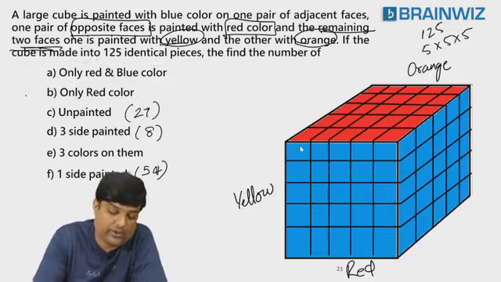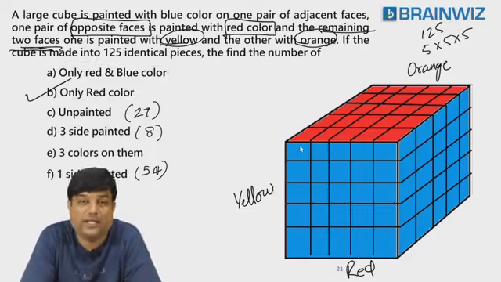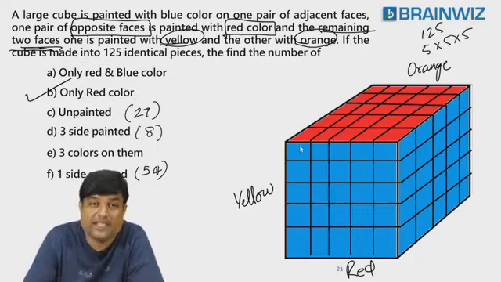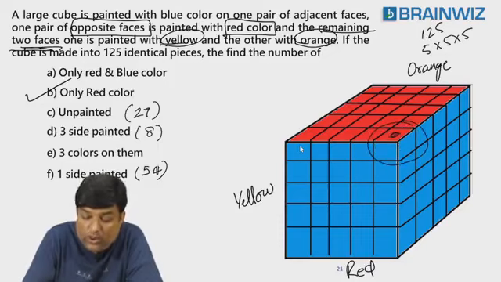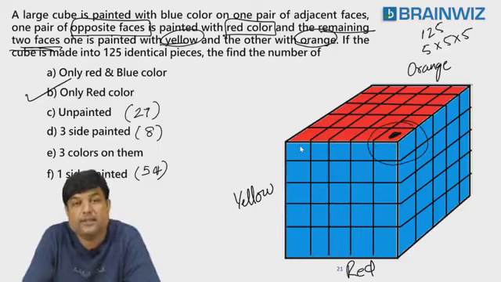Let's do the first question. This question. Only red color. I'll show you only red color. Look at the screen, everybody. Do you think this is only red color? No. It has a touch of blue. This piece has not only red. It has a touch of blue also. So this is not counted.